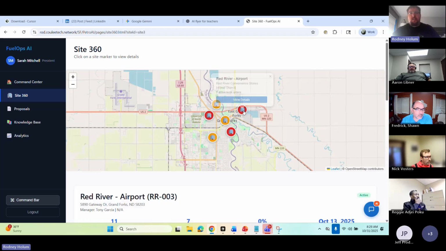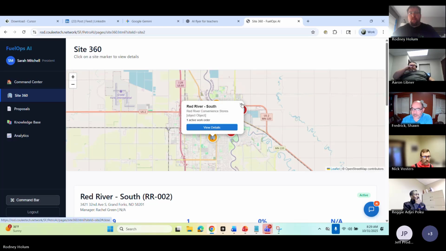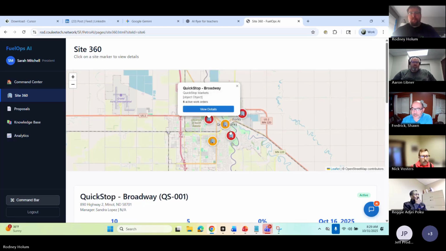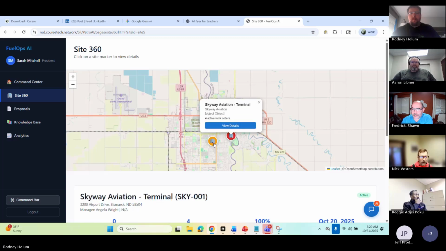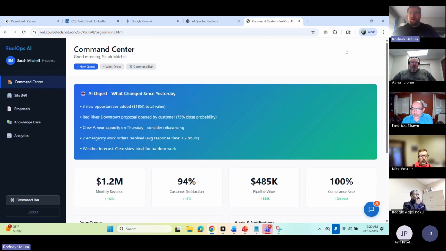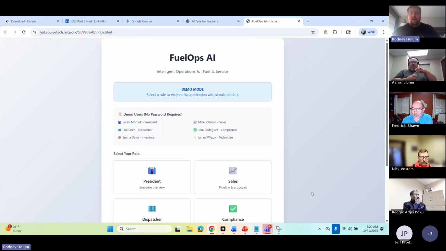What brought it to mind is Sean's question about the mapping. It's just something that the AI did automatically for us. Again, these are all fake, none of them are real, but it's a cool use case to rapid prototype, and then once the prototype is at a point where the client would like it, you just go build it. I bet we could deploy something like that in probably under a month.